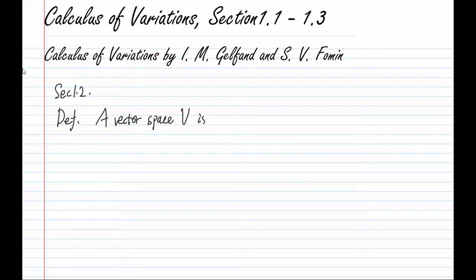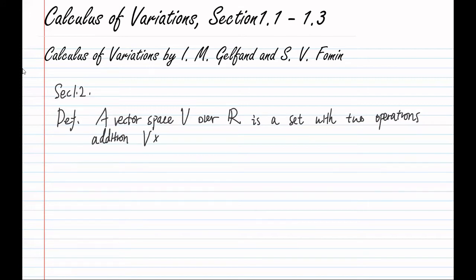A vector space V over the real numbers R, you can change this R to other fields like the complex numbers, is a set with two operations: addition, which is from V cross V to V, and scalar multiplication, which is from R cross V to V, such that